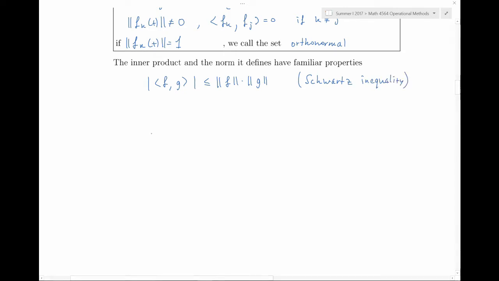And for linear combinations, the norm of a linear combination is always less or equal than the sum of the norms of the components of that linear combination. We're going to show it for the norm squared. So if we have two functions added together in a linear combination, the norm squared is the same as an inner product of this linear combination with itself,